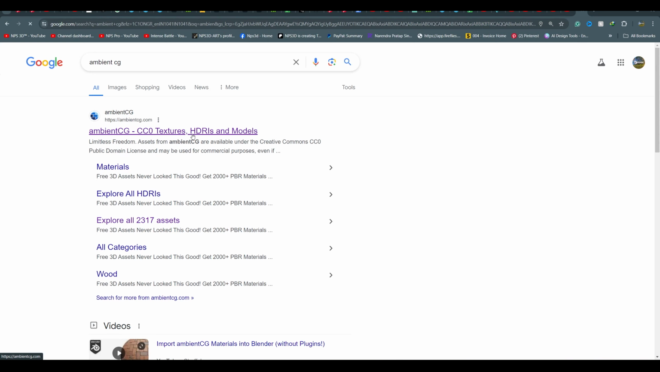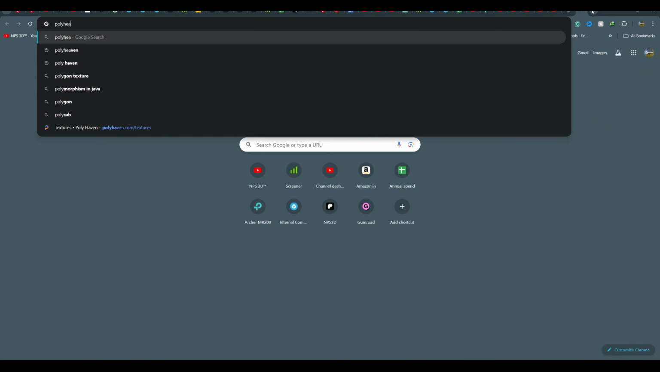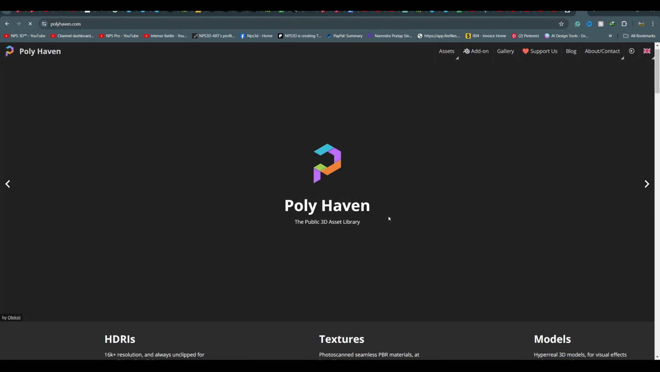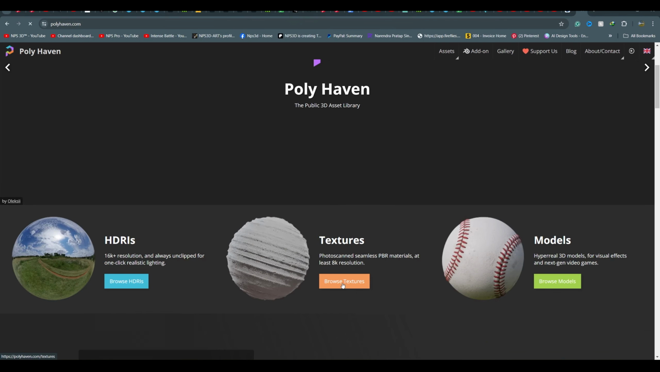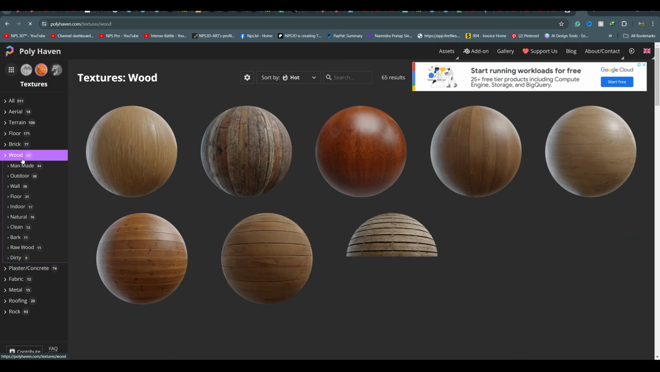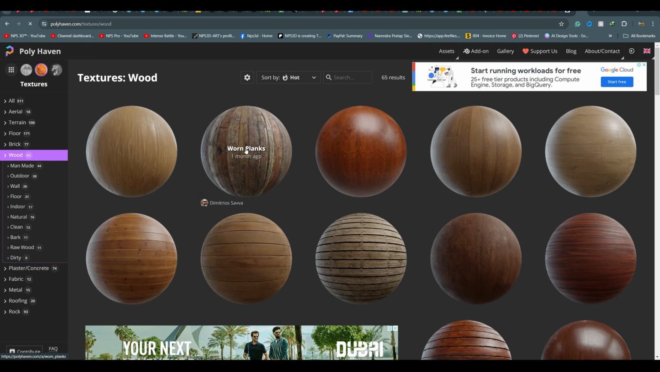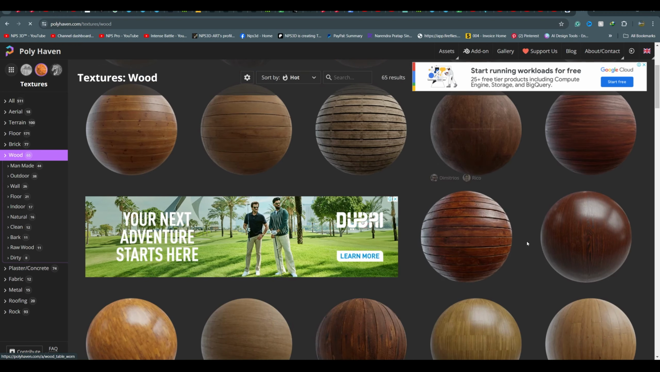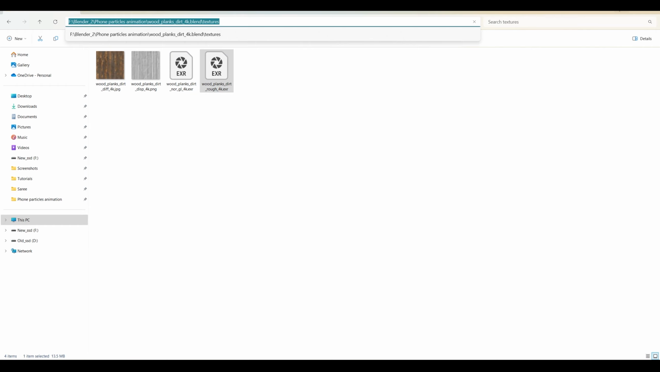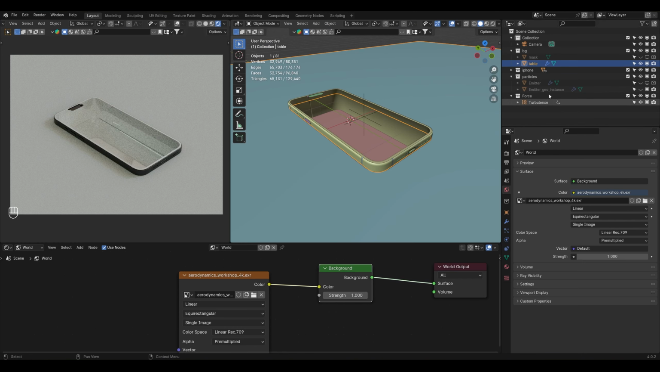So I'll go to ambientCG, and there is another website called Poly Heaven which we usually try to download HDRI from, but there are also textures. So I can go to the texture slider, and here I will choose wood, and there are a bunch which you can download, this one. So I'll simply download the 4K version maybe, copy this path, and I will select this table,